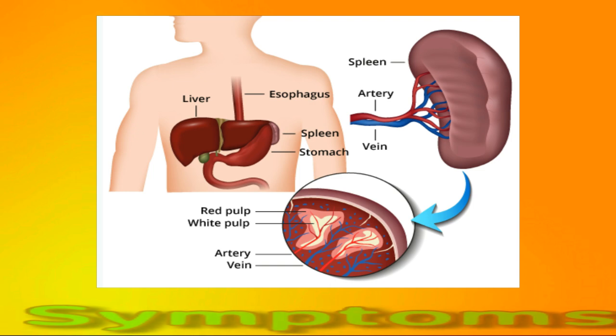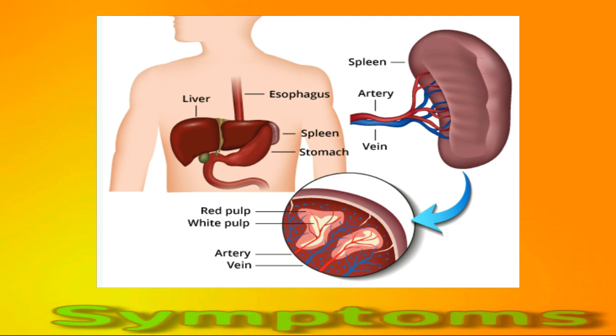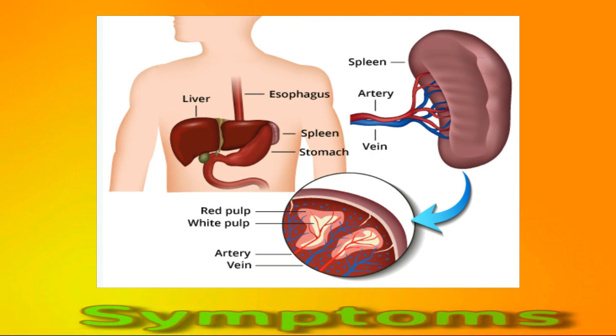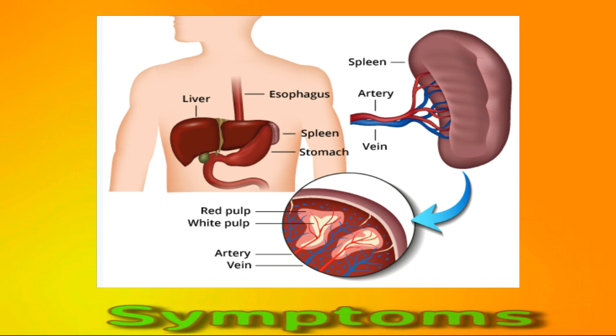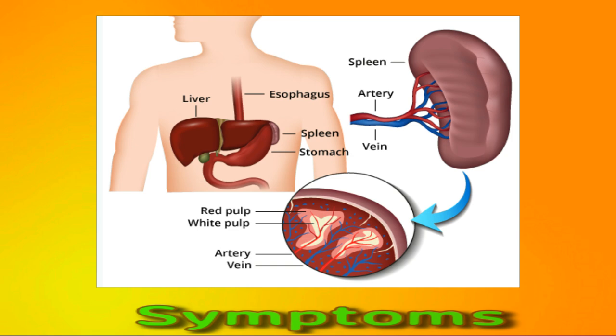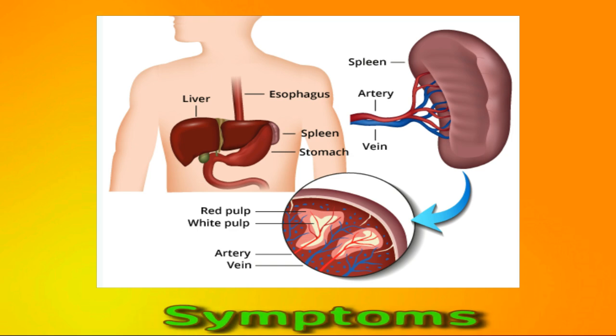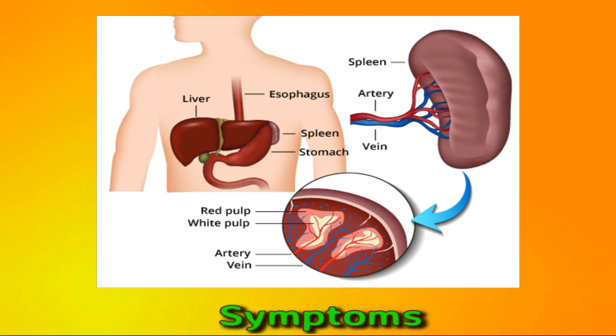Portal hypertension and its complications can lead to non-specific symptoms such as varices or enlarged veins in the esophagus and stomach, internal bleeding from broken or ruptured varices, which can lead to black or bloody stools, ascites, or swelling of the abdomen, which occurs when fluid collects in the space between the inner abdominal wall and the organs,